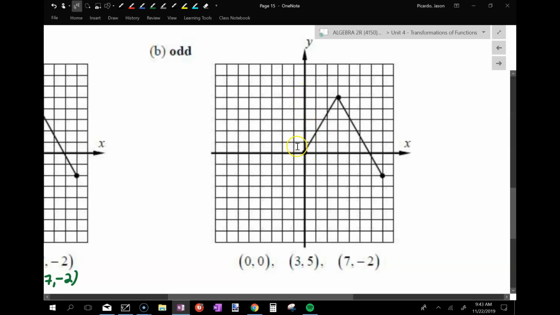So do you agree that if I were to just repeat that, I would wind up where I want to be, wouldn't I? Okay, so if I were to go left 3 and down 5, it's going to bring me